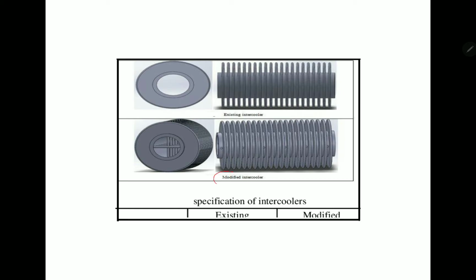Nowadays modified intercoolers are used in factories. In this, small tubes are given by the manufacturer, so wind can pass through this tunnel, and this will help to minimize compression work. During expansion in a steam turbine, entropy will remain the same, so option D is the right answer. Entropy will not change.